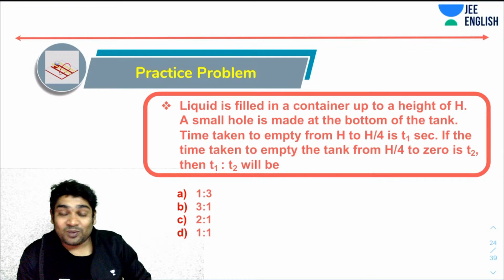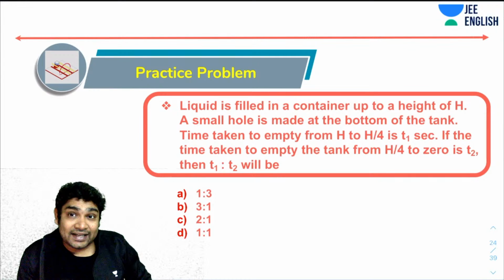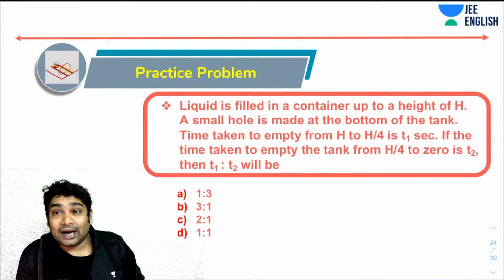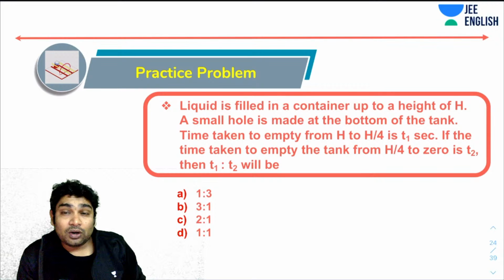So this problem says that liquid is filled in a container up to a height capital H. A small hole is made at the bottom of the tank. Now the time taken for the tank to empty from H to H by 4 is T1. The time taken for the